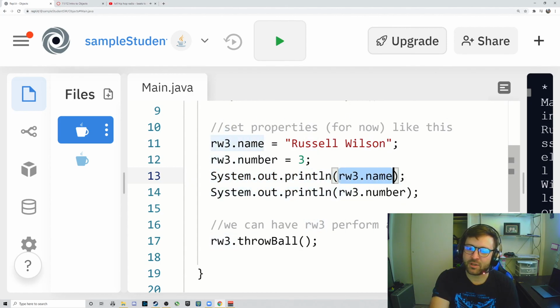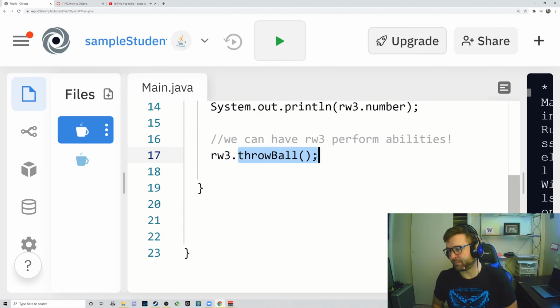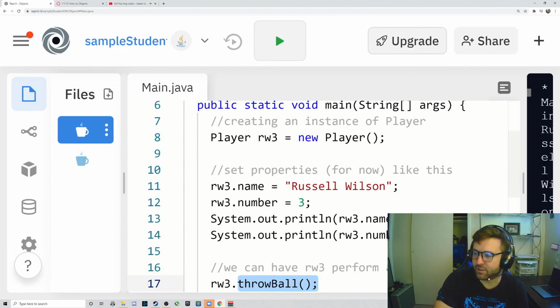You can access them, you can print them, right? And then if you want your objects, your instances, to behave certain ways and do their abilities, you say rw3 dot and then whatever you want. So what I'd like you guys to do, as I stop